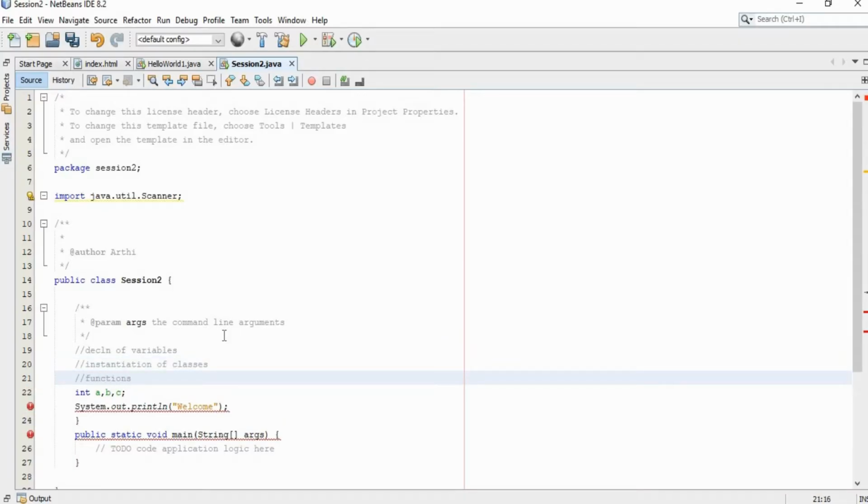These three can come directly inside your class. Other than these three, you should not have any other statements such as printing or reading an input value from the user directly inside your class. But inside your class you can make a function, and inside that function we can have any kind of statement. So just be aware of this.